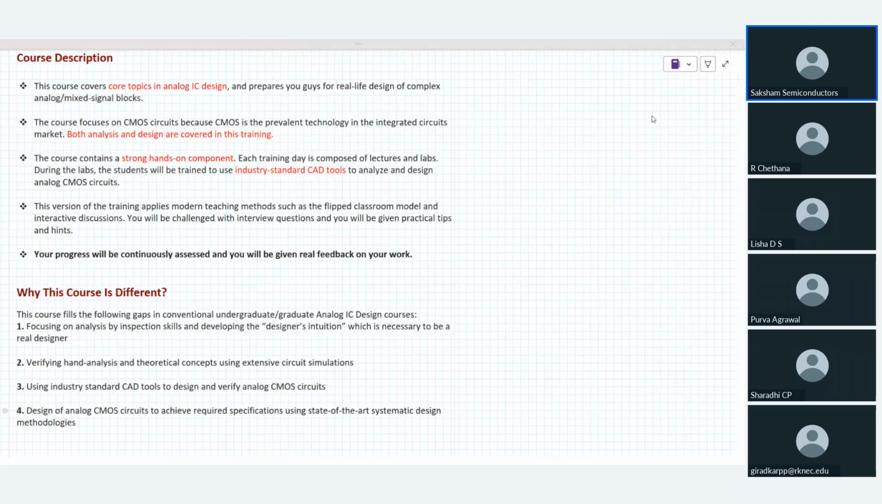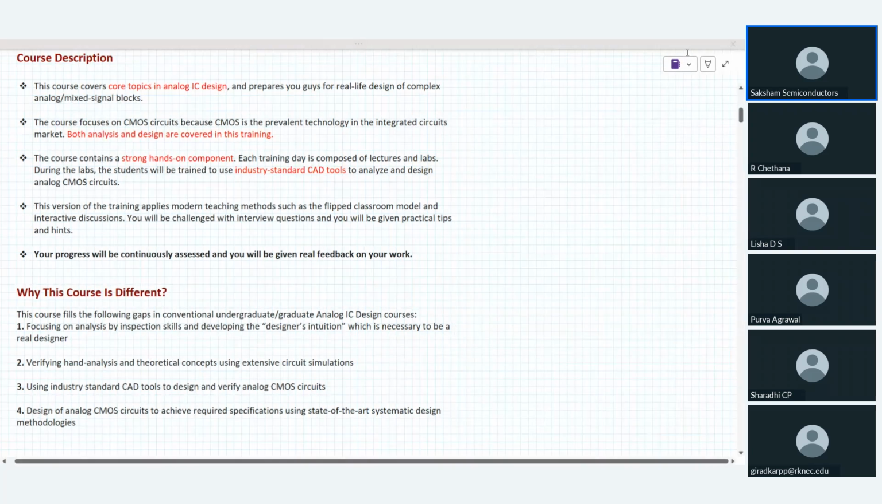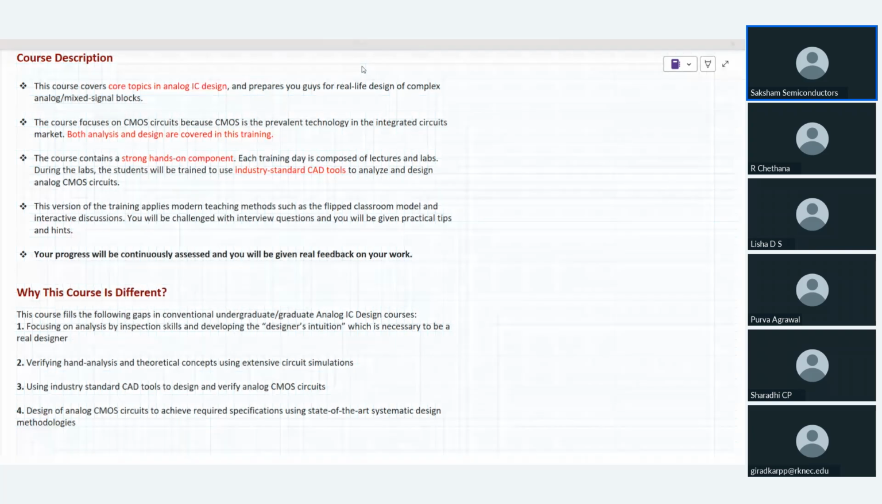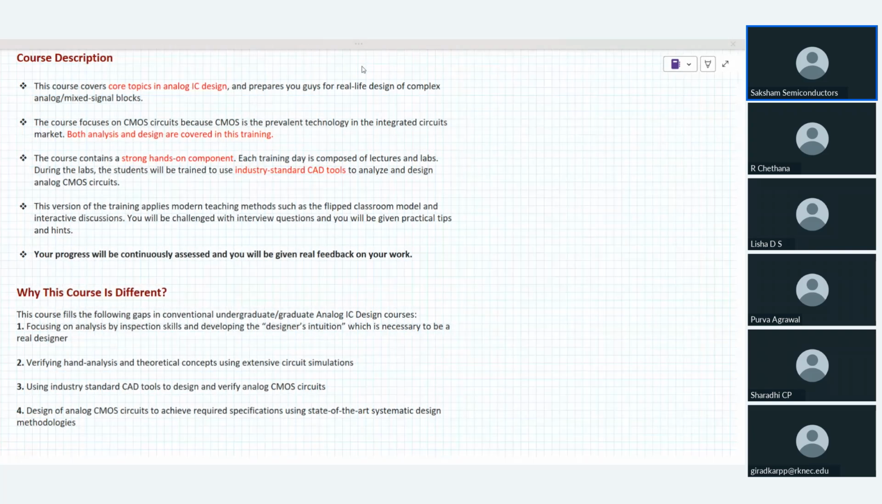Let me know if you're able to see my screen. I hope you guys are able to see the screen. Yeah,